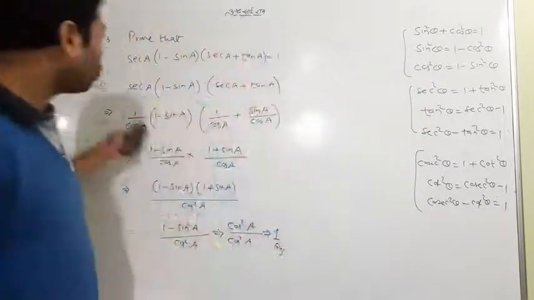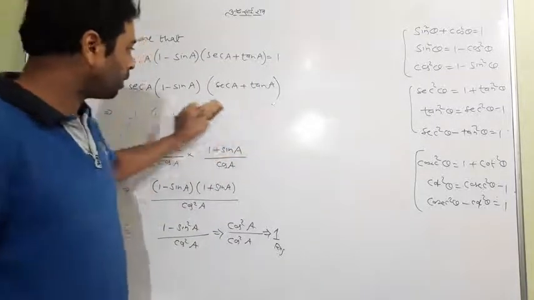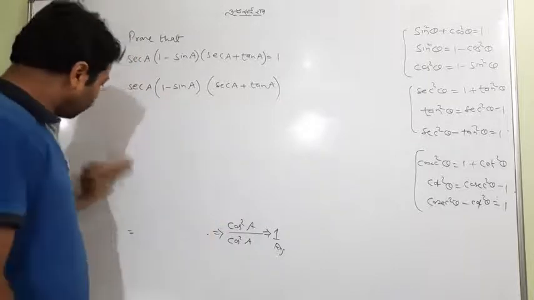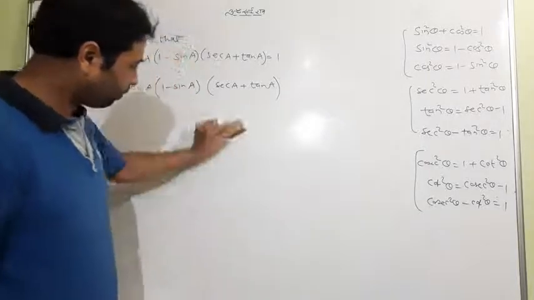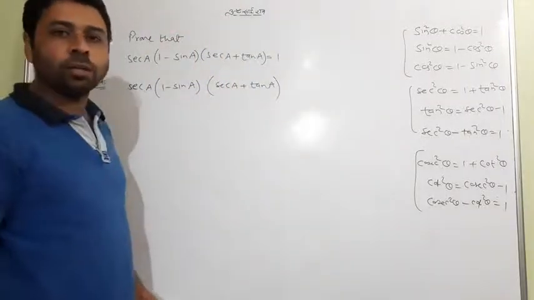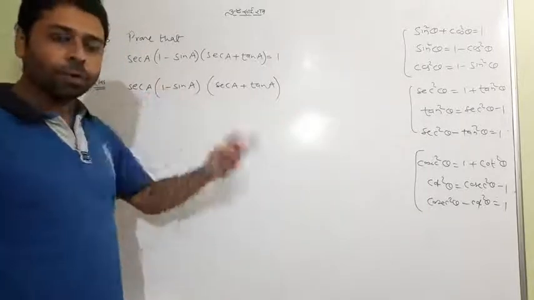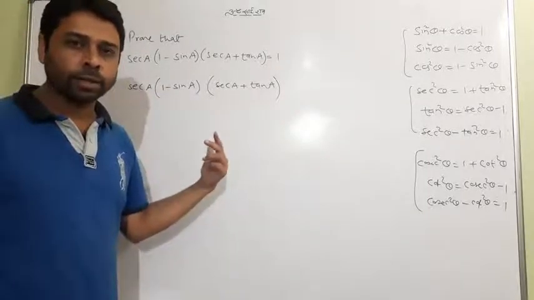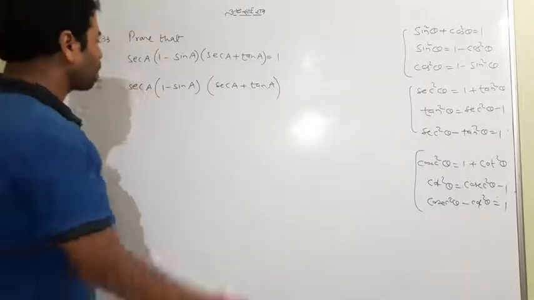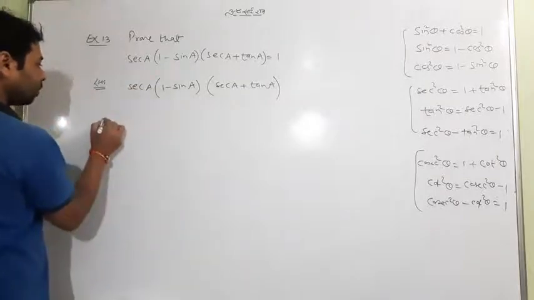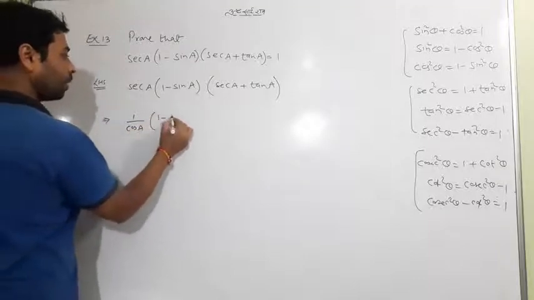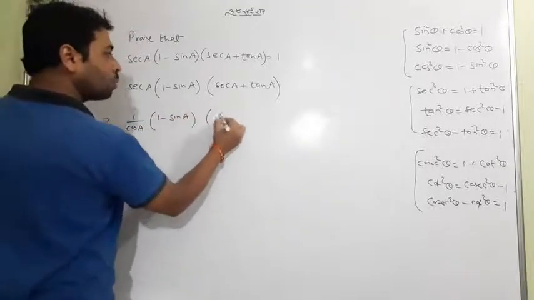Initially I told you that this question has two methods, so I want to introduce one more method. Look at the method. This is the LHS. In the first method I converted all of tan and sec into sine and cos, and you saw that. This time I am making a bit of a change; as you feel comfortable, you can do it. I change only sec A, writing it as 1 by cos A, and the rest is copied.